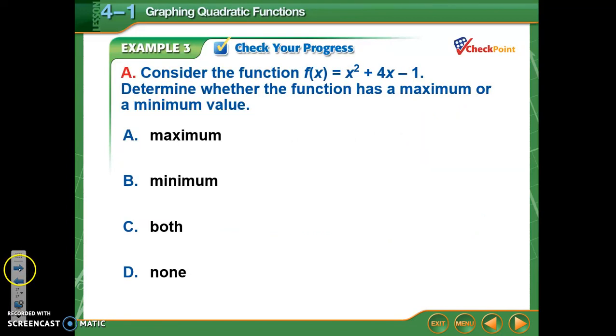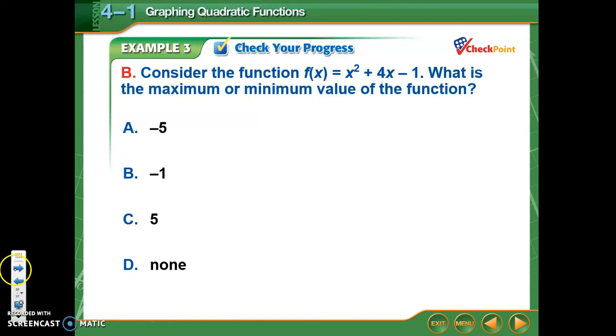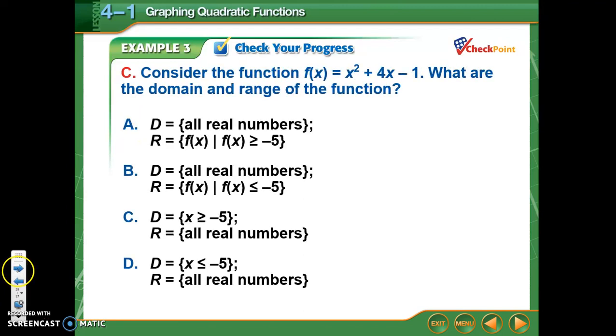All right, I want you guys to try these next 3. Try this one. You should have gotten that it has a minimum value. And this one. When you plug that x value in, you should get -5 as the minimum value. And here's our last one. The answer is